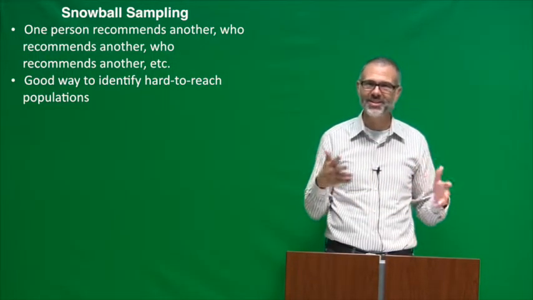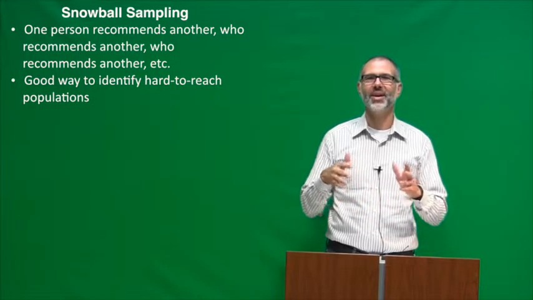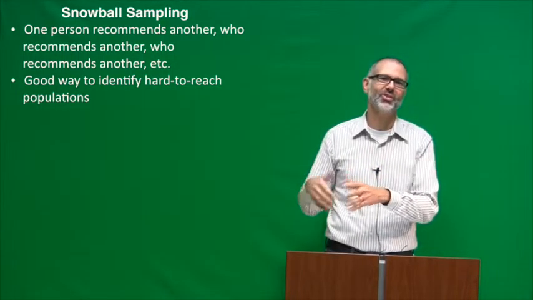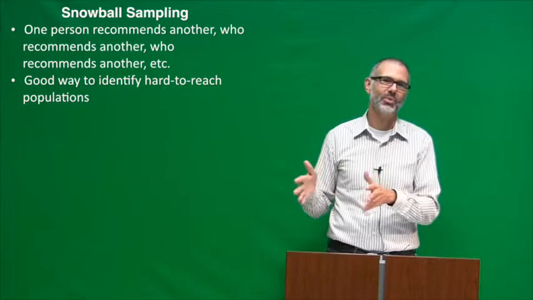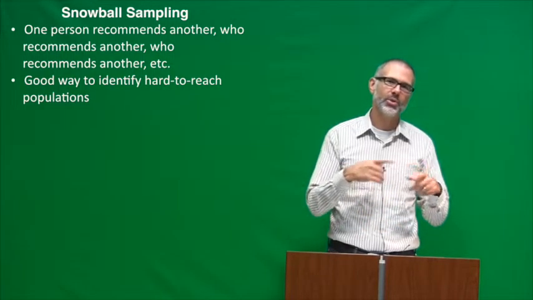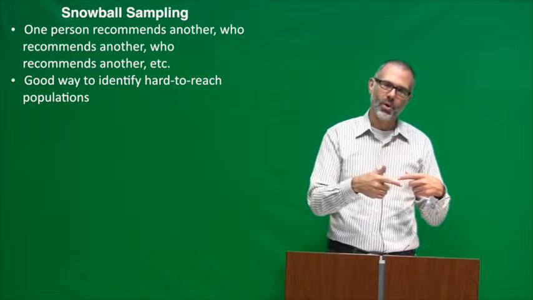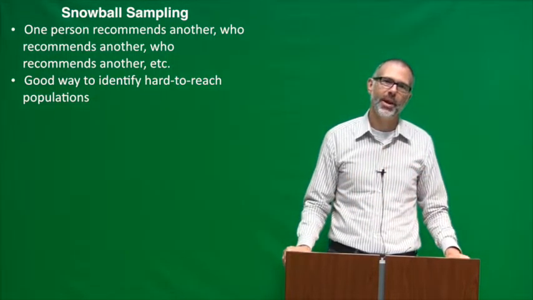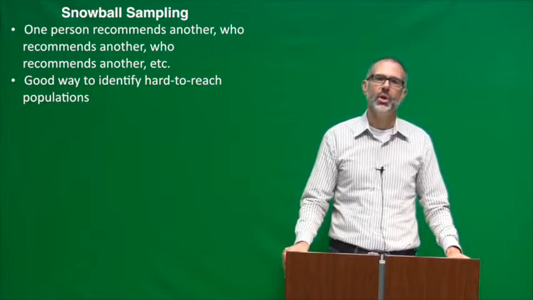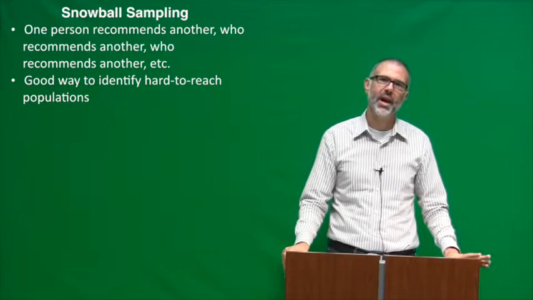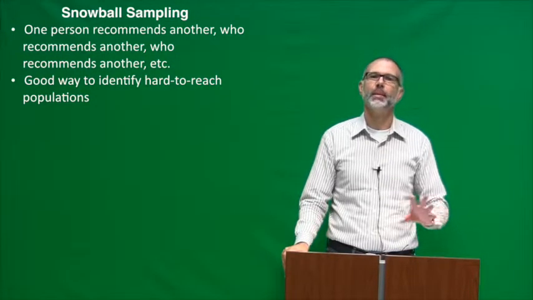They're not conveniently arranged. I mean, I guess a convenient sample for that would be to go to a needle exchange program and stand outside and recruit from there. But often what I want to do is find networks of people and utilize that network in order to get information about heroin use. So that's called snowball sampling, and it's a common technique used when investigating populations that are hard to find.